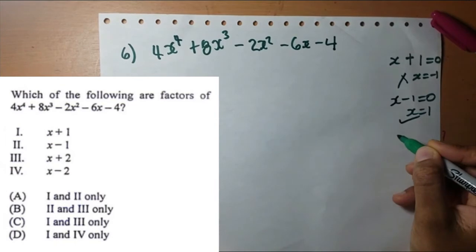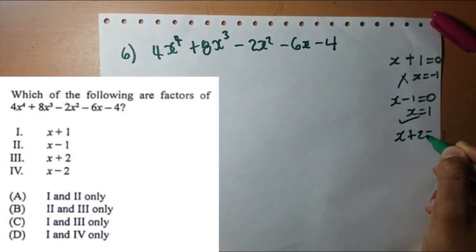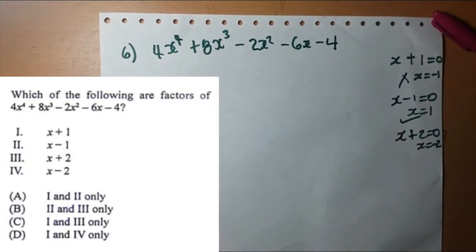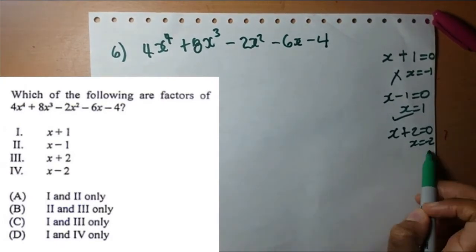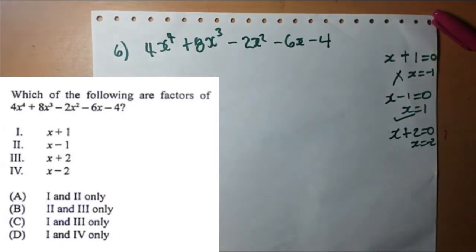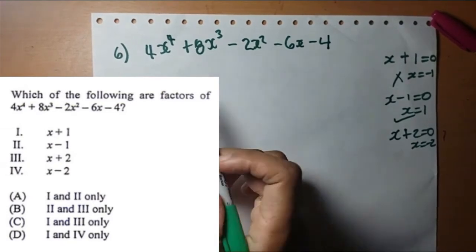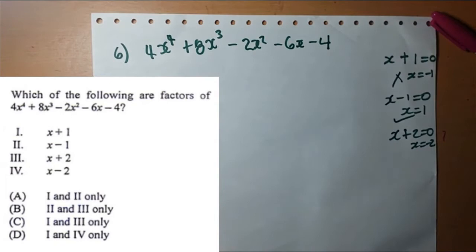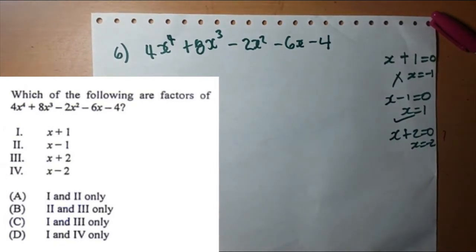Let's try for this third one. So we have x plus 2. Now we equate that to 0. We have x is equal to minus 2. So taking this negative 2 and plugging it in, we're going to have negative 2 to the 4th power. That's now negative 16 times 4. So we're working with negative 64 plus